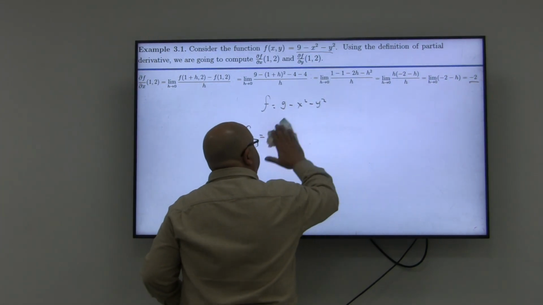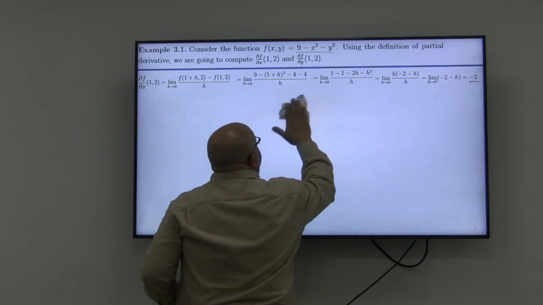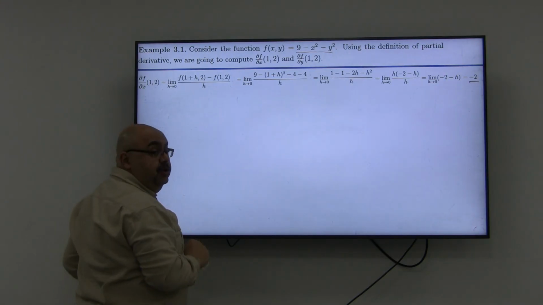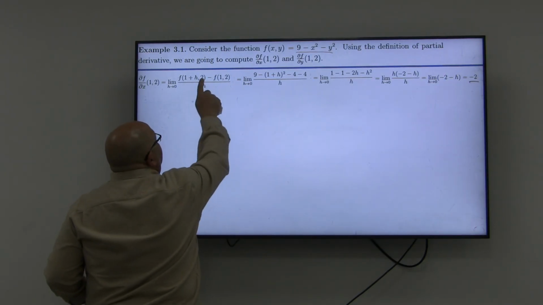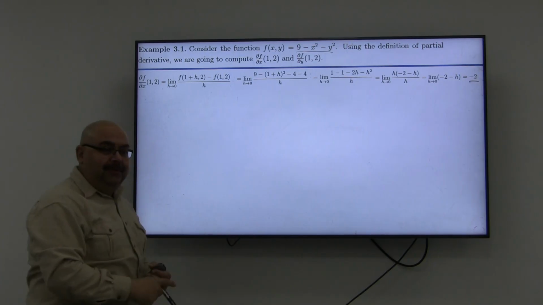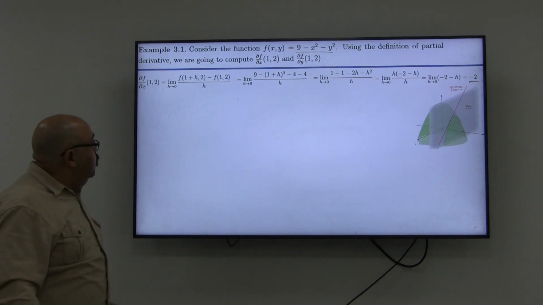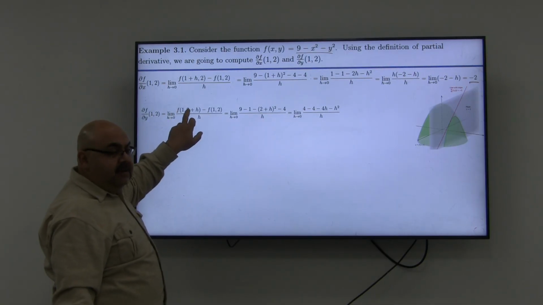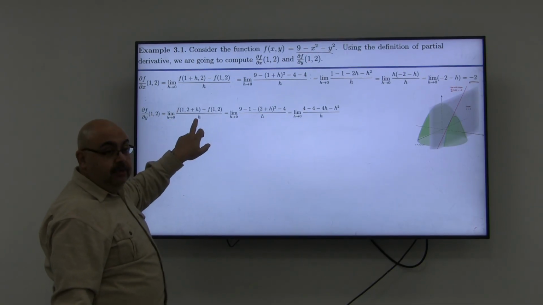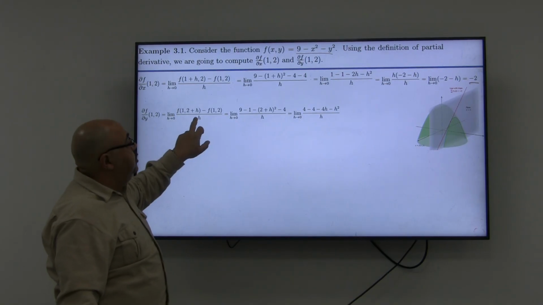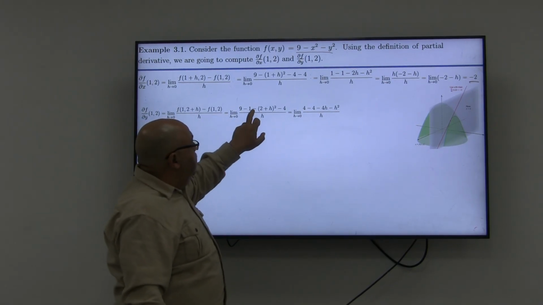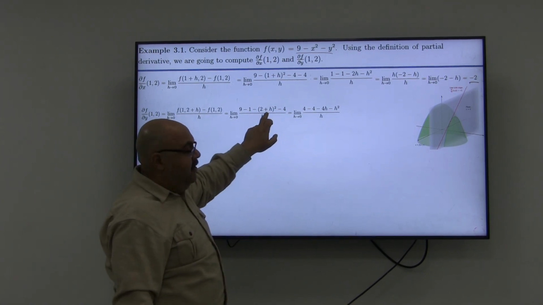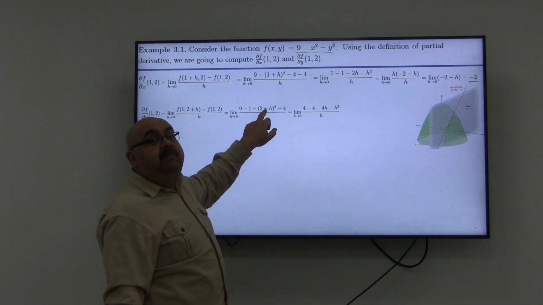So using the definition in the direction of y, it will be exactly the same, but with only a minor change. This is going to be 1, but 2 plus h. Once more, this is f of 1, 2 plus h, minus f of 1, 2, over h, as I told you. Then start making the substitution. It's going to be 9 minus 1 minus 2 plus h to the power of 2. If you try to simplify, it's exactly the same, expanding this, which is going to be positive 4,